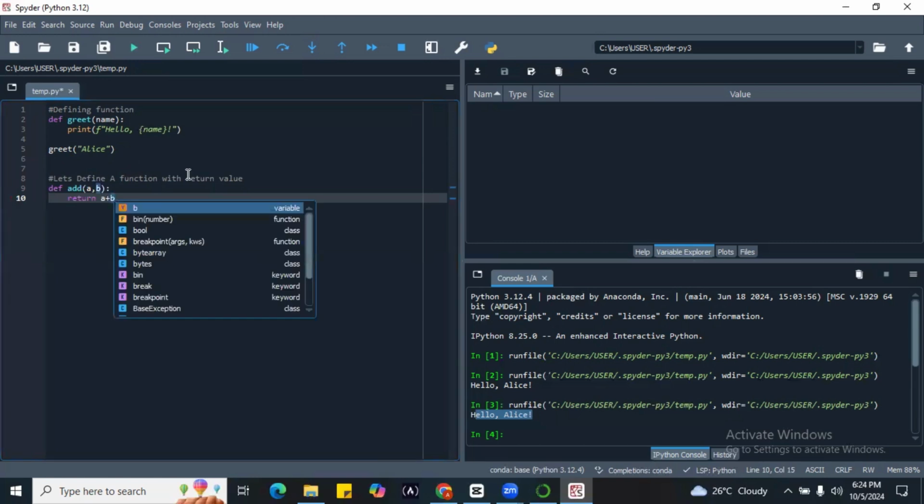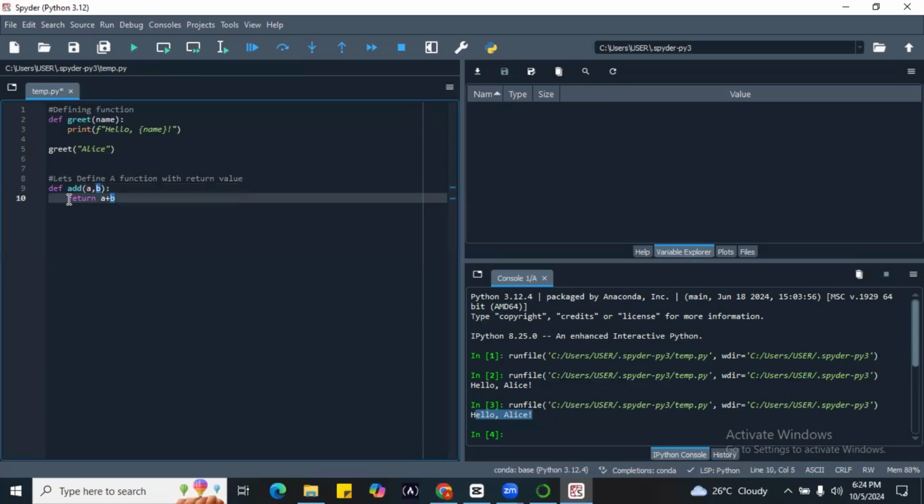What it means is that, since we have defined a function add, the return actually states what will happen with the variables we declared within the function add. So now we go on and say result. The result now is a variable we are declaring. The result will be equal to